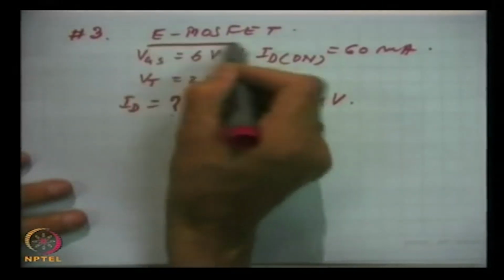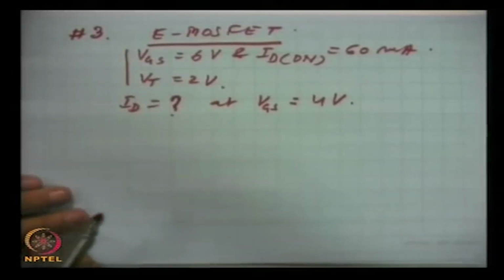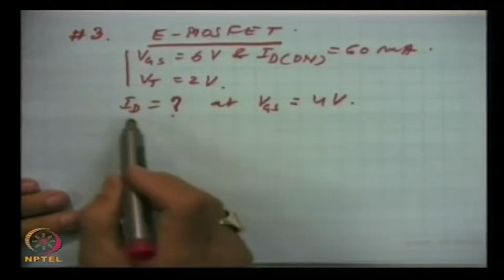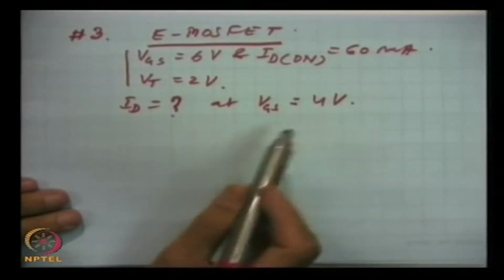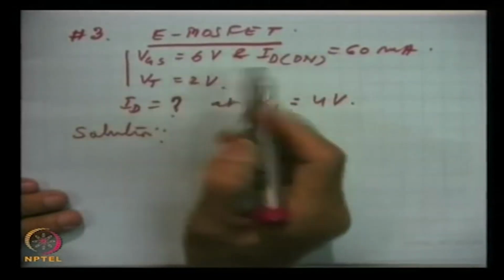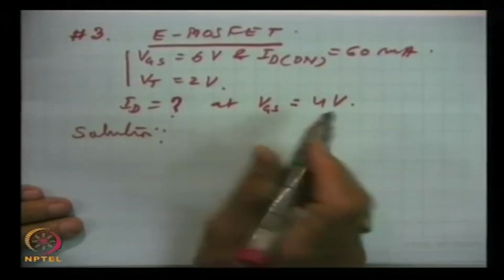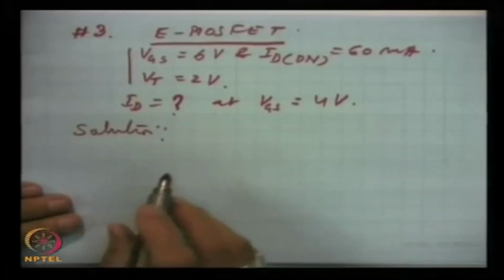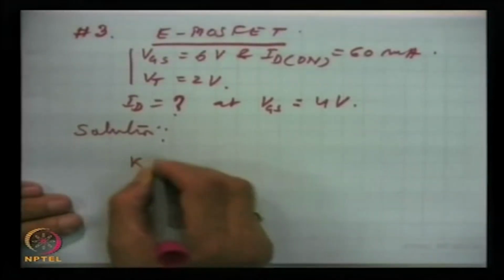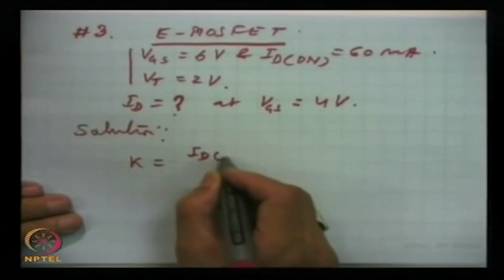So, this is one example we are taking, a MOSFET. This is the data the manufacturers give with the data sheet, and this is what the problem is. Drain current is to be determined at VGS 4 volts. Now, the solution: this data we can use to find out the constant K, the conductance constant of the device of the MOSFETs. This we discussed when we were talking about the MOSFETs, and this constant K, one of the ways we can get is through this data, and this was given to be ID on